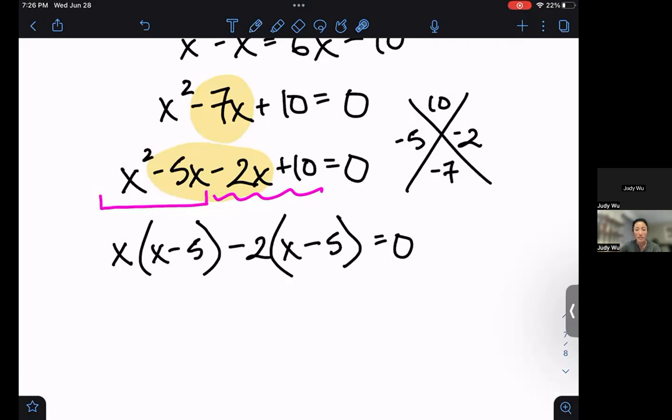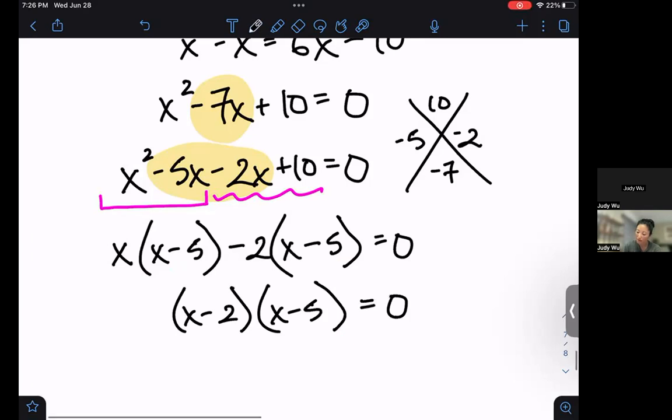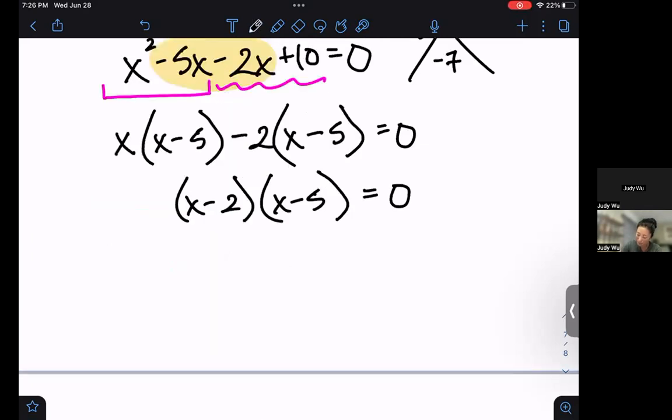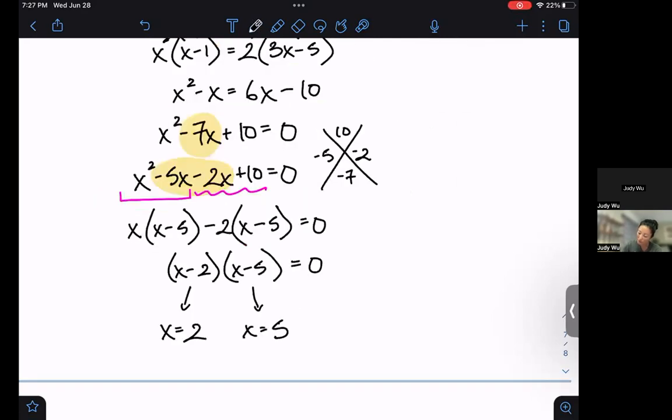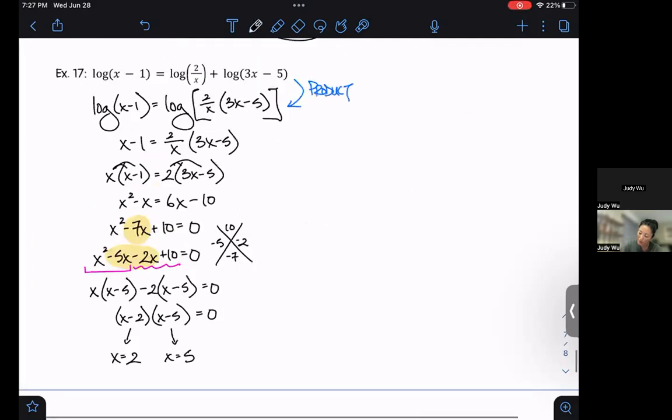Now, we've done an example like this before, but I just want to point out that we need a minus here because we're multiplying it by a minus, and we need to get back to a plus, okay? Now, these two match, which means that we are able to fully factor. And then we set each one equal to 0. We get x equals 2, x equals 5. And before we put those boxes on there,